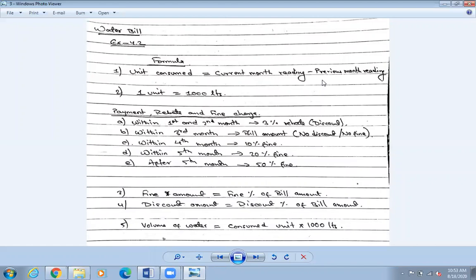Maybe you are washing, you may be bathing, you may be watering the flowers. So you may be washing your homes or something like that. So in that way you are consuming the water. In some other way we are consuming the water. 20,000. If it is just 2 units, that means 2 into 1000, 2,000 liters we are using